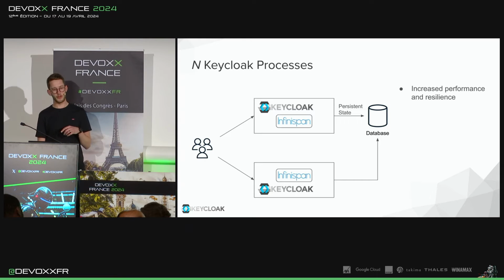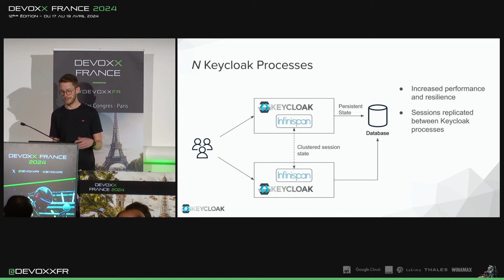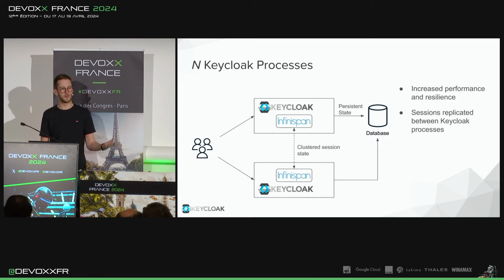Now we need to ensure that the in-memory session data is accessible to all of the Keycloak processes, and we need to make sure that there's multiple copies of this in-memory data to tolerate processes failing. So to solve this problem, we again leverage Infinispan for caching, and we leverage its distributed caching mode. So we will guarantee that every session is replicated at least twice, and if it's not hosted on one Keycloak process, that Keycloak process will be able to remotely fetch it from one of the processes that does host it.